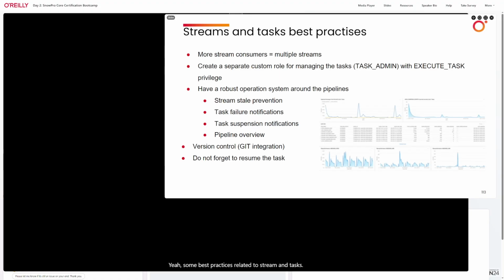Some best practices related to streams and tasks. I already mentioned that with multiple consumers. It's also good to create a separate role which will be managing the tasks, like some task admin, and grant the execute task privilege to it, or at least grant it to sysadmin or any other role, and don't use the account admin for that. It's also good to have some robust operation system around the pipelines, because if you will be using that for running some production workload, you want to be notified about certain